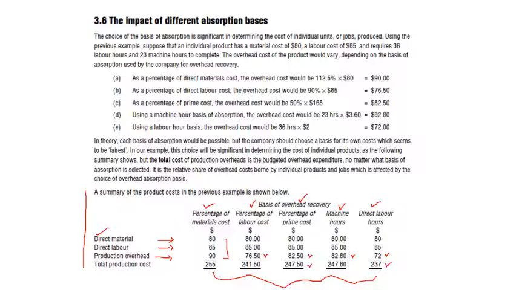It might happen that whenever you go to work in any organization, you will get some sort of different basis. In one organization, one department might be using direct labor cost, another department might be using material cost as a basis, the third department might be using machine hours, and the fourth department might be using your labor hours. So it varies from organization to organization as well as department to department.